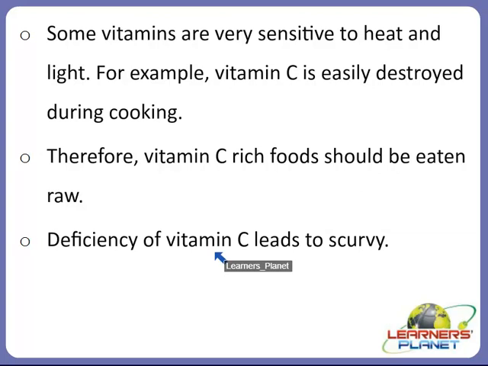And as you know, deficiency of vitamin C leads to scurvy. That means bleeding of gums will take place, then loosening of teeth, slow healing of wounds and pain in the limbs, etc. Right? So it is very important for us, right? Students, you will be amazed to know that scurvy was a common disease among sailors in ancient times, and due to lack of cure, several sailors used to die because of scurvy during long voyages, right?